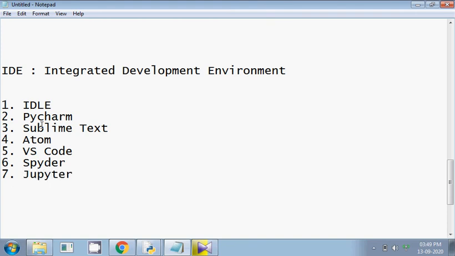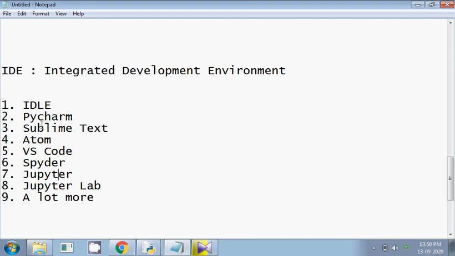Next is Jupyter Lab. And we have a lot more IDEs.